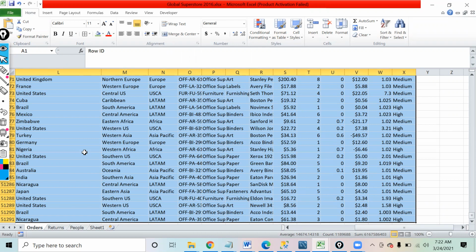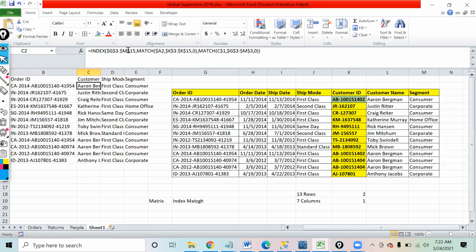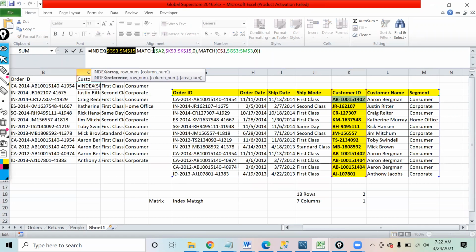But if your data keeps increasing day by day, in that case you will also have to add the offset inside that, because the range is something which will not change. So if I see over here, everywhere this is going from G3 to M15. Now this is not going to change even if the data increases.